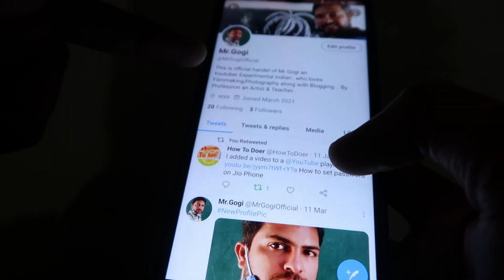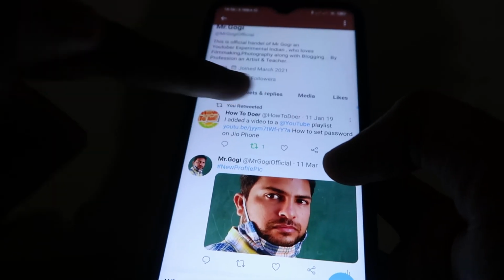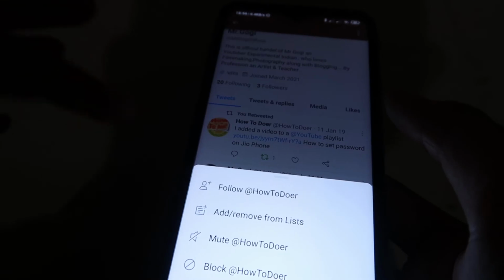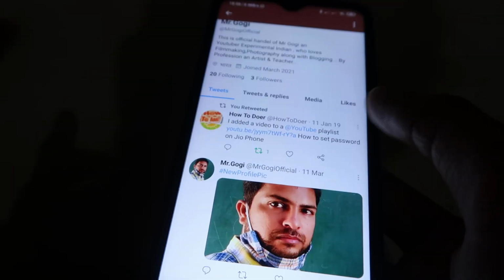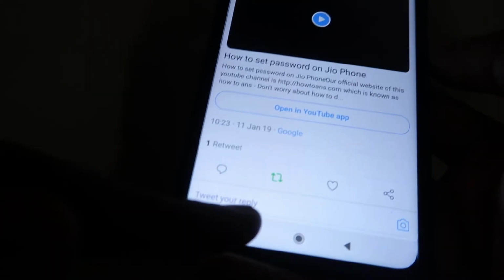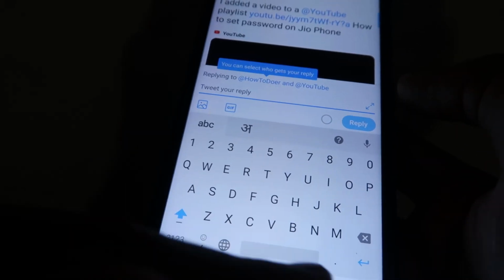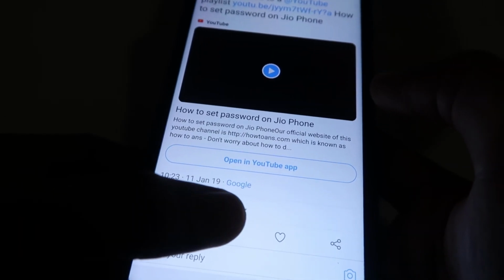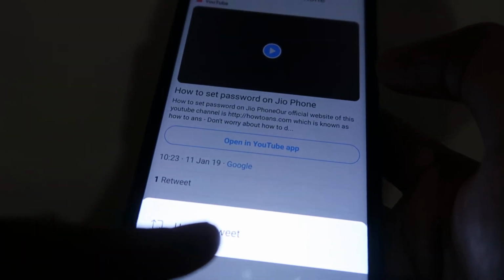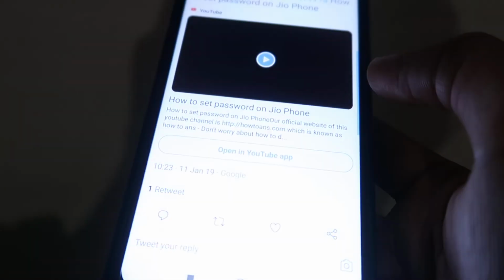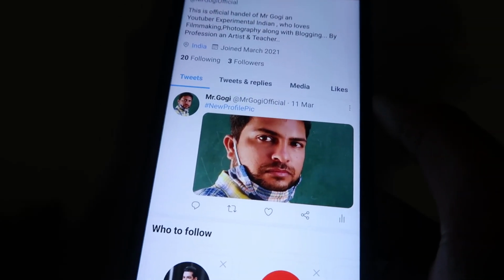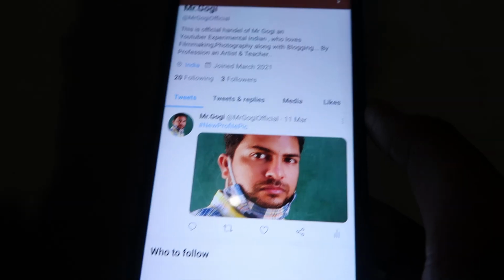Now as you can see, I'm in my profile and I want to just remove this tweet from my feed. There is no option over here. Then what we can do is just press this tweet, and after that below we find a green colored retweet icon, and when we click on this, it will ask if you want to undo the retweet. Then we click on this, and after that the tweet will be removed from our profile. Hope you understand how you can remove any retweeted tweet.